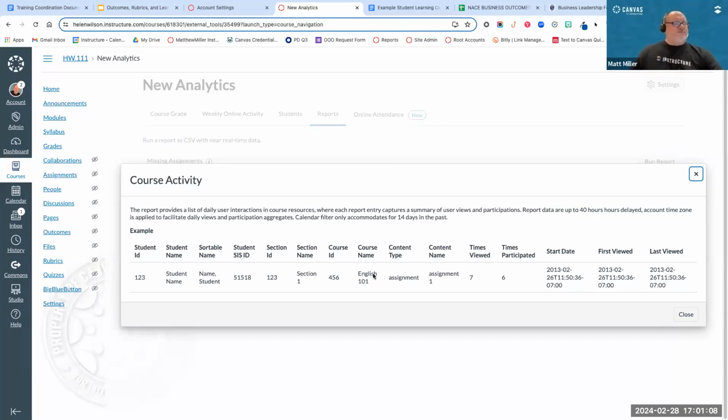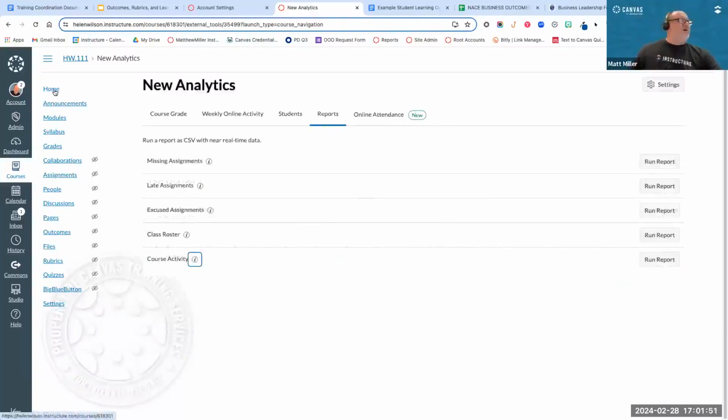You can see the course name and all that good stuff. You can see what content they viewed, how many times they viewed it, and if it's something that they participated in, it will also give you a return on participation. Just another quick little data point as well is that, again, going back to the people menu